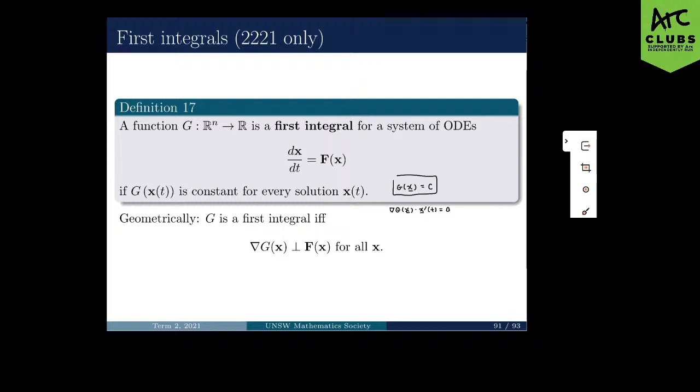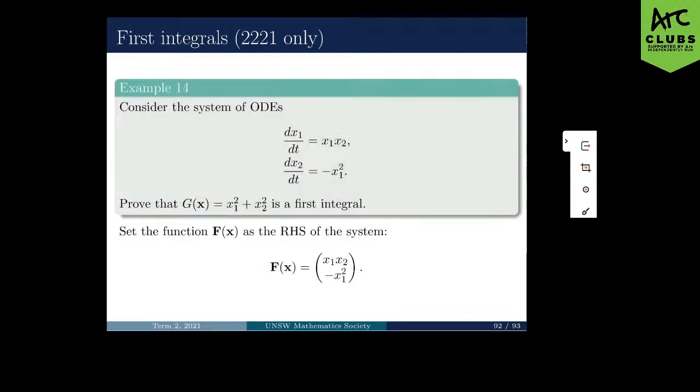So we know that x prime is equal to f of x. So we can write this as the gradient of g of x dotted with f of x equals 0. And so that means that the gradient of g and f are orthogonal, and so that's how we get this property here. Anyways,